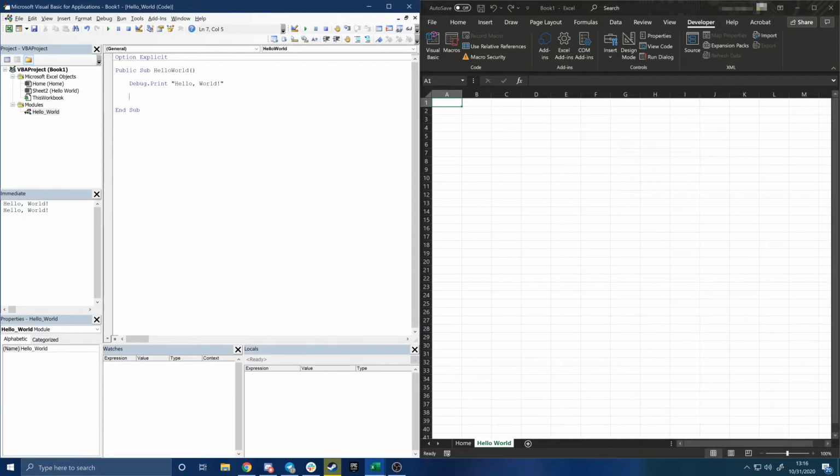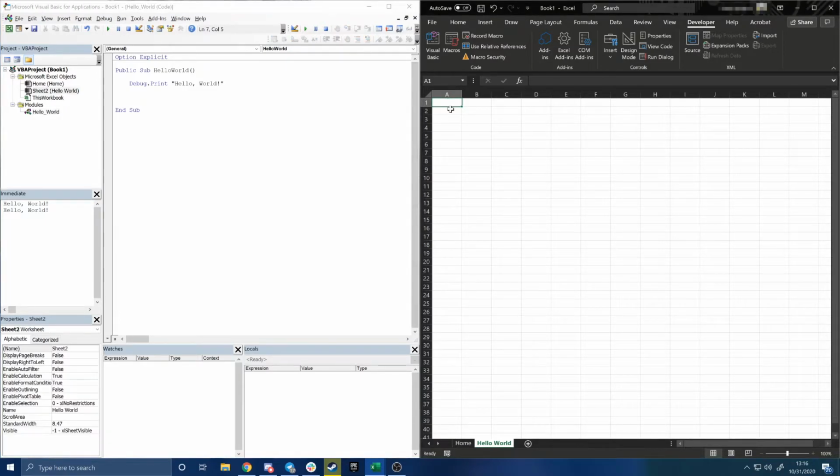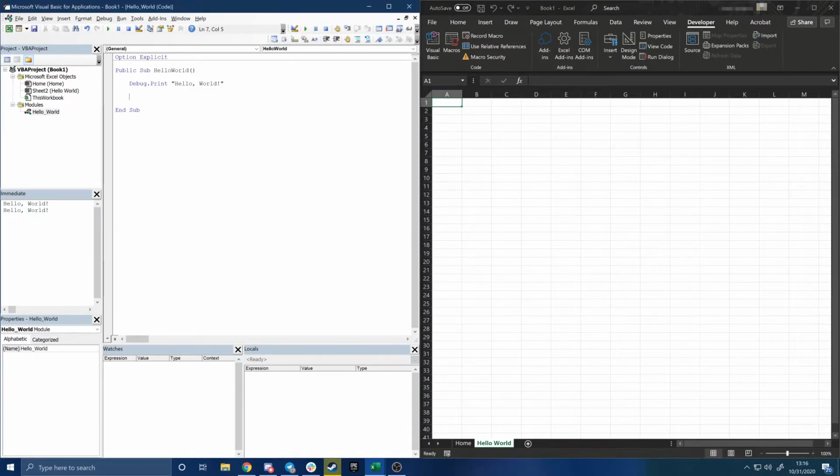So let's go ahead and make cell A1 here say hello world as well. Now there are a couple of ways that we can access the workbook here. First of all, we need to tell the code that we want to access this specific workbook. And to do that, there's a keyword called ThisWorkbook. If we put a period after that, we'll be able to access all of these different methods and properties